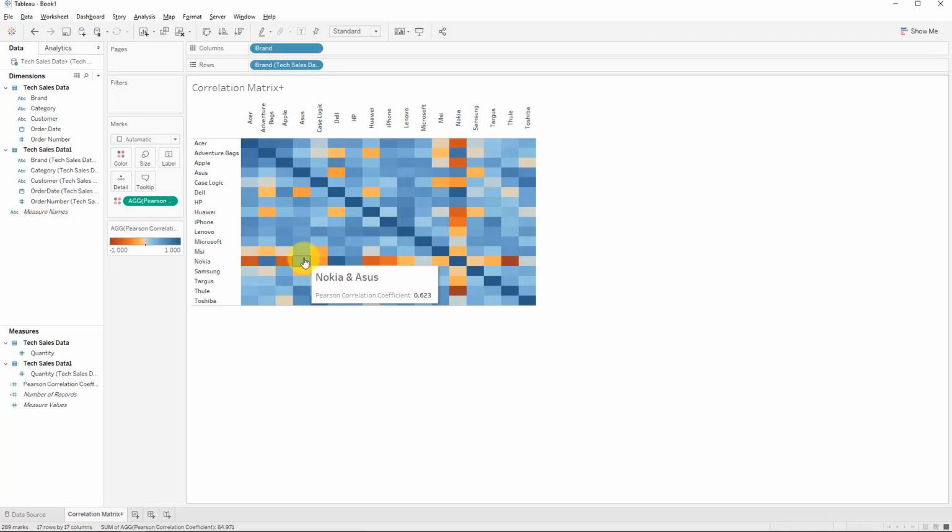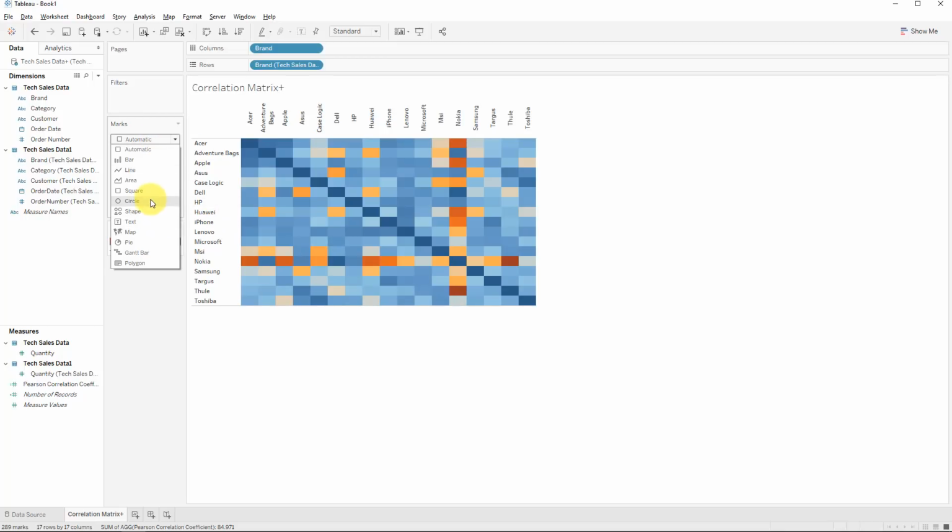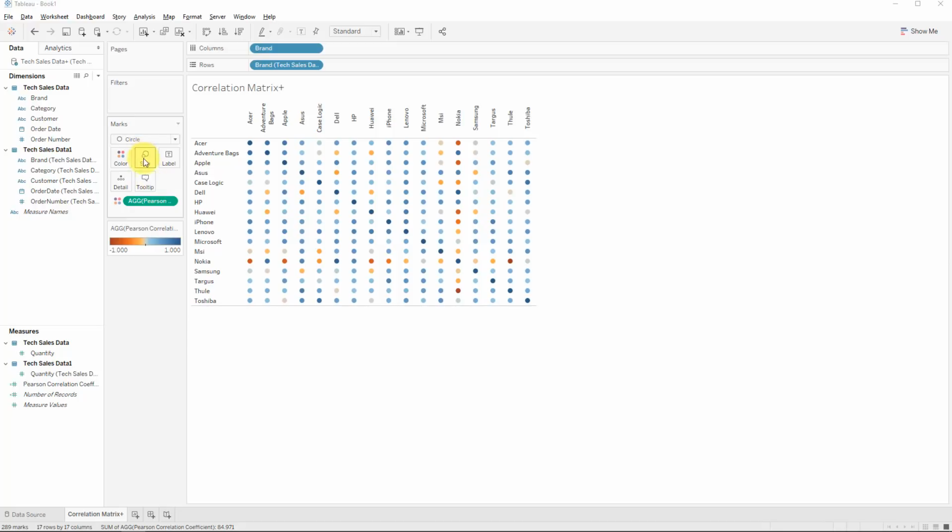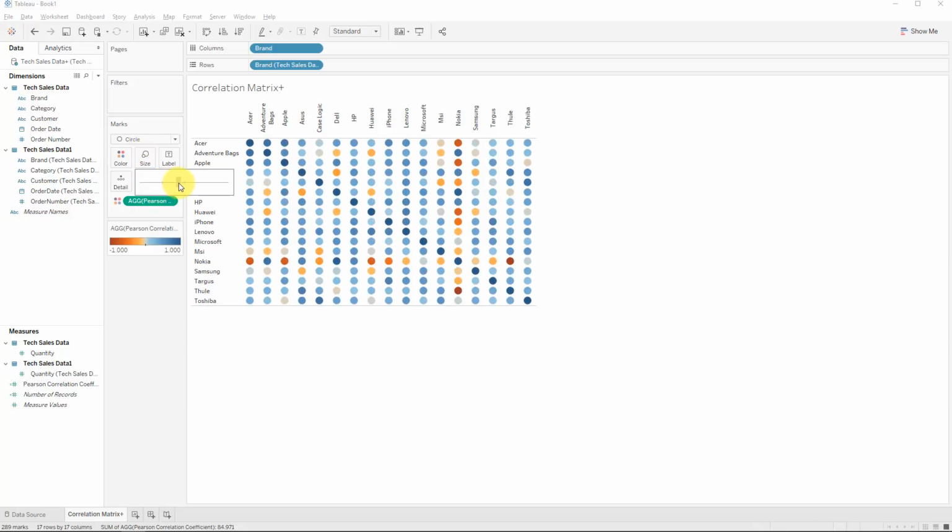So you can see now, if we navigate across to look at between MSI and case logic, there's a negative correlation between the two. Now there's also obviously another way you can do this. You can do this by circles or any other shape for that matter, where you can be creative in how you present this. To further improve our visualization, we can also remove this very dark blue over there,